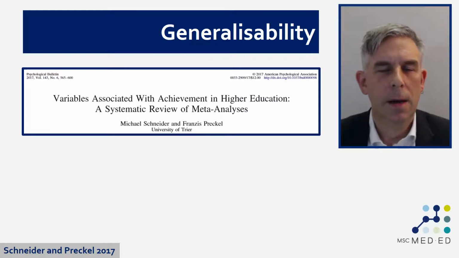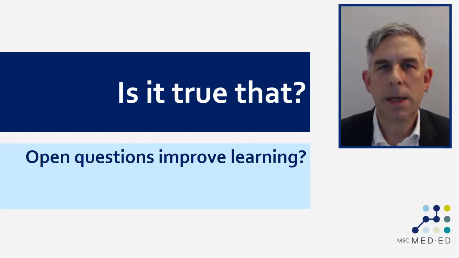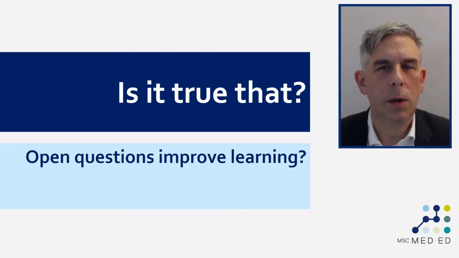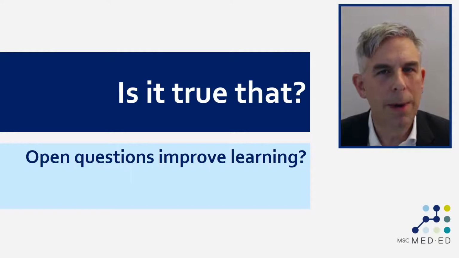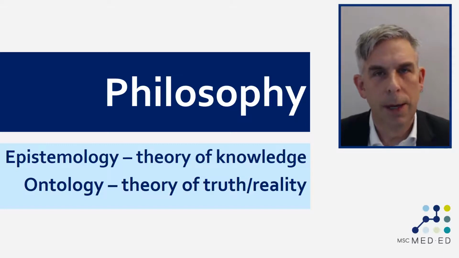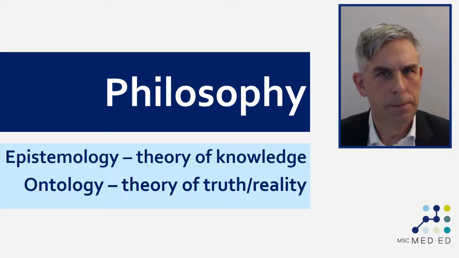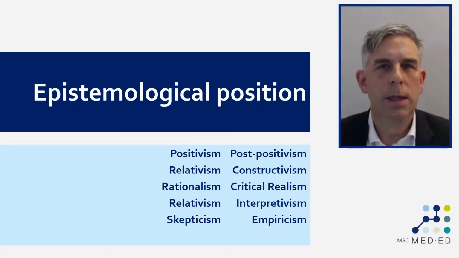But if you take a finding from studies like this, let's say the finding that open questions improve learning, could we say, hand on heart and honestly, that that is a true fact? Is it always true in all contexts, of all learners, of all open-ended questions? The answer is it's probably not. If we then take a step back into philosophy, this leads us into questions of what it means to say something is true, what it means to say what knowledge is, and what reality is, and so on. There are lots of different branches of what we call epistemology: positivism, post-positivism, and many others listed below.